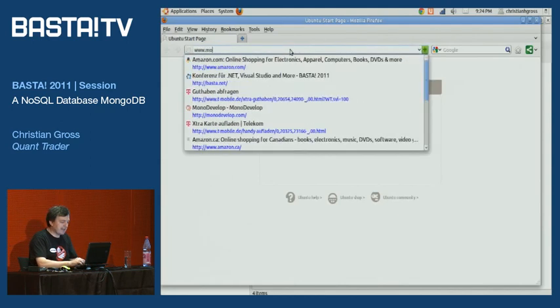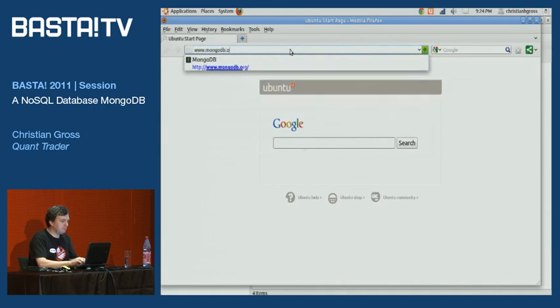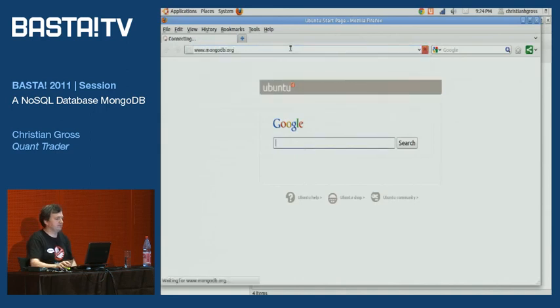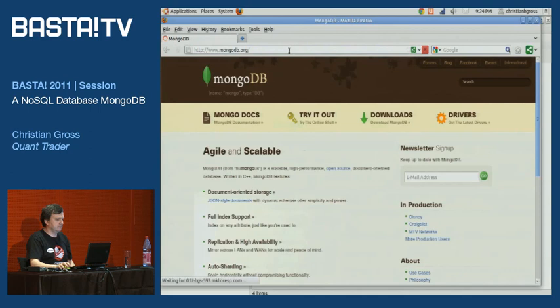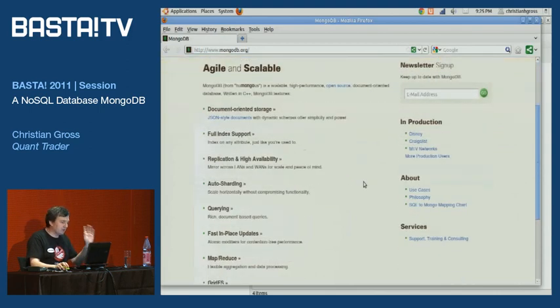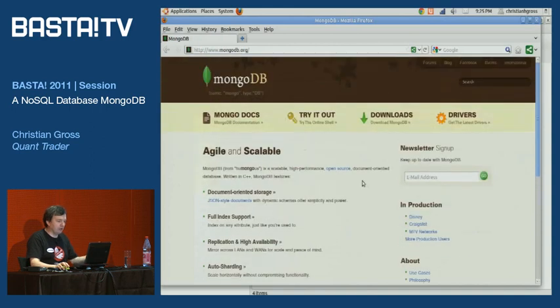So the place to get MongoDB is at mongodb.org. They have a really nice website, and they say that they're agile and scalable, humongous, open source, and so on. Great, you can read that for your amusement.